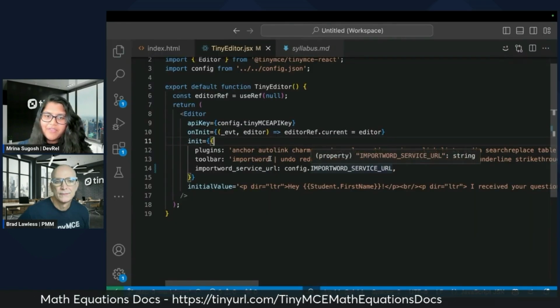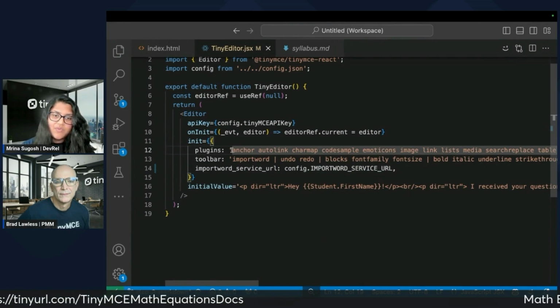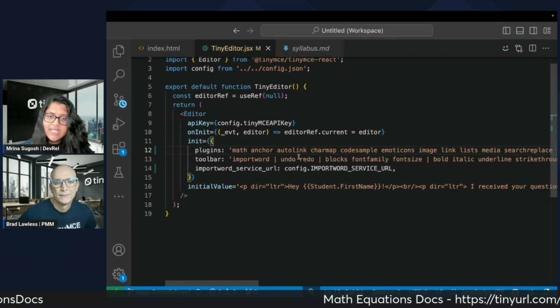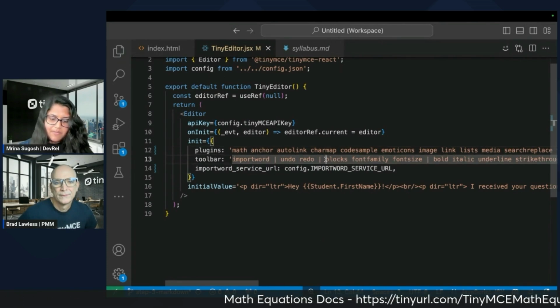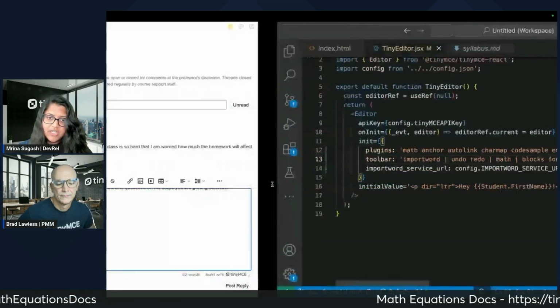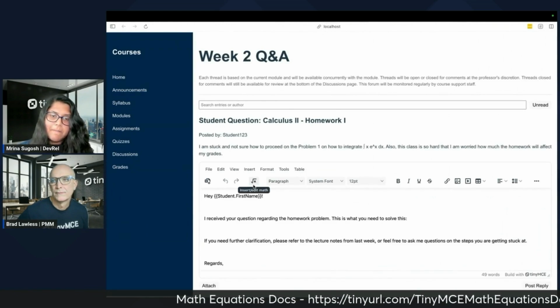If you want to add math equations, all you have to do, and again, it's as simple as the plugins we've been adding before, is simply add math to your plugins option. And then let's say you want to add math over here. So add it to your toolbar, add it to your plugins option, and that should automatically enable the math plugin